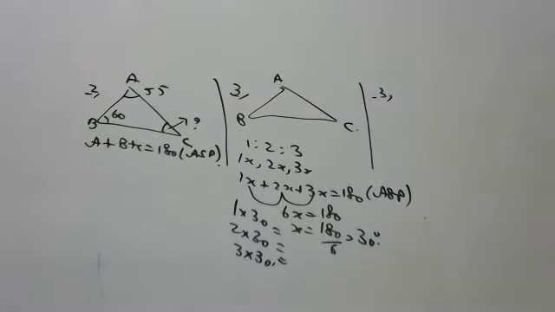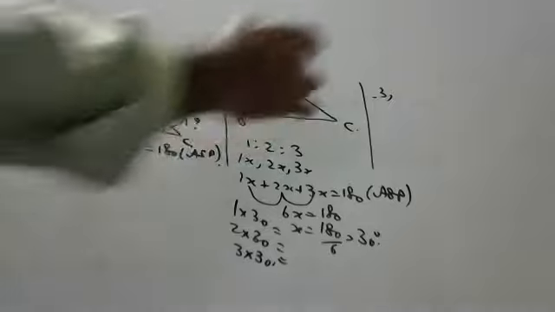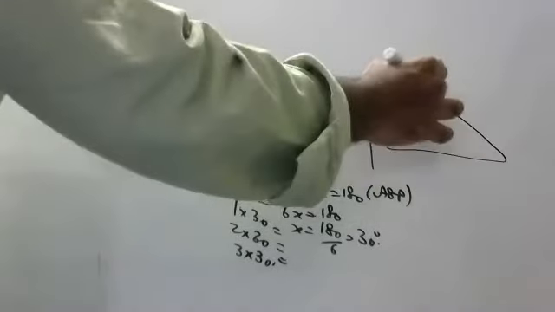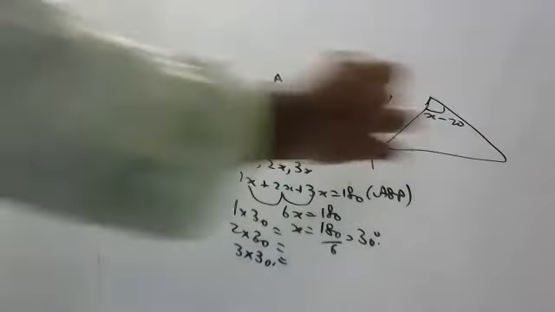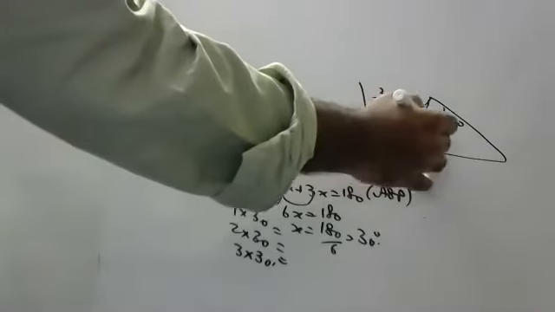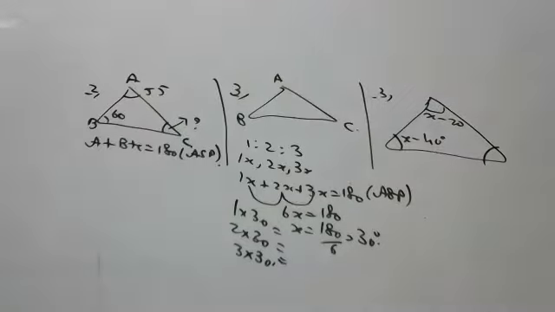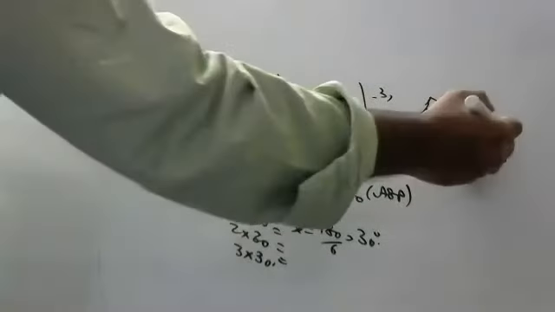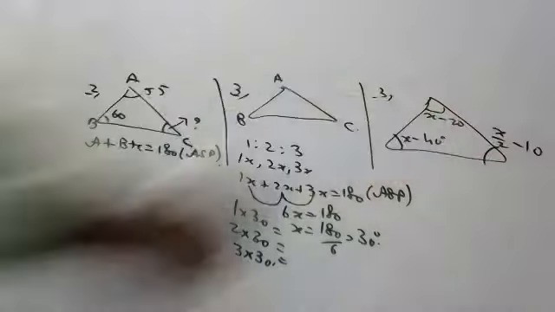Okay, third sum. Three angles are given. They have given three angles in terms of x, children. One is x minus 20, another one is x minus 40, and another one is x by 2 minus 10.